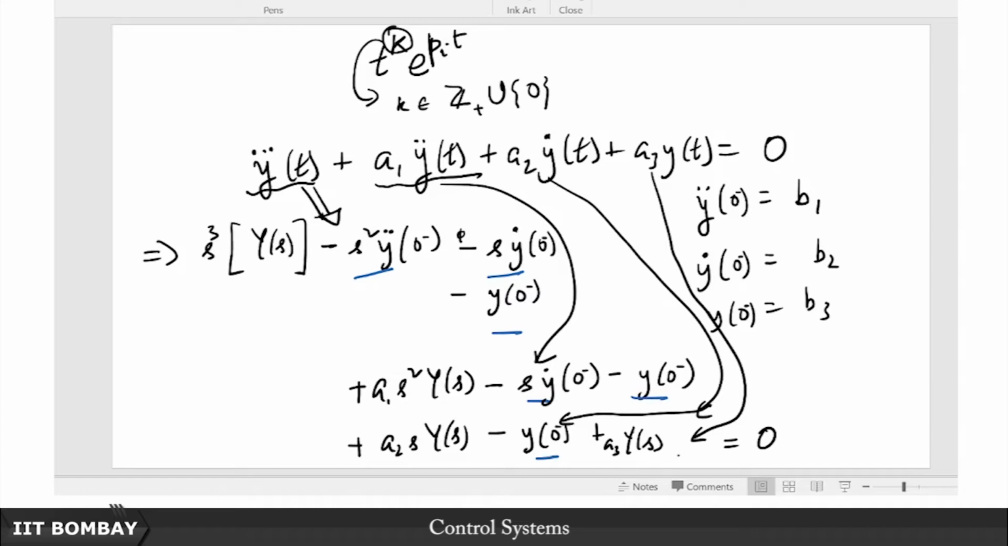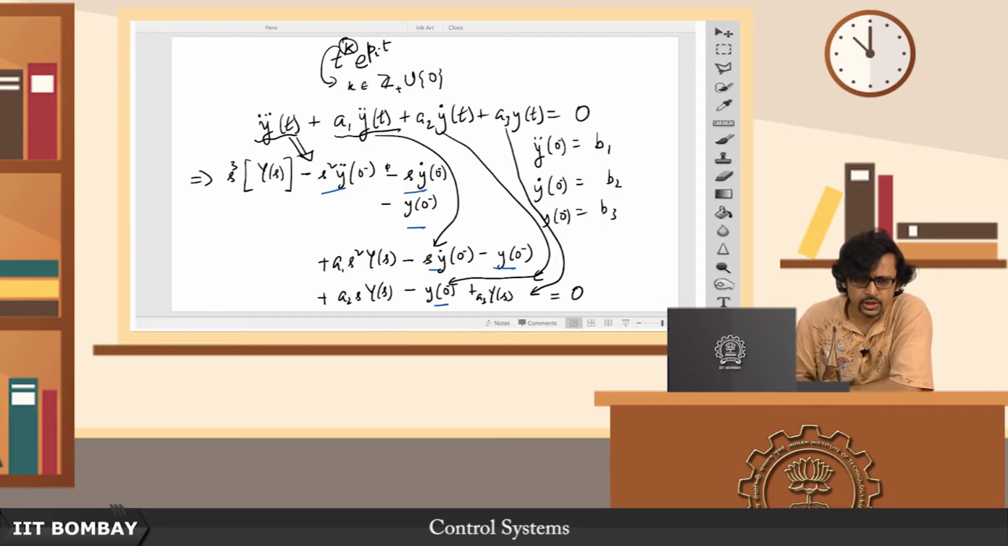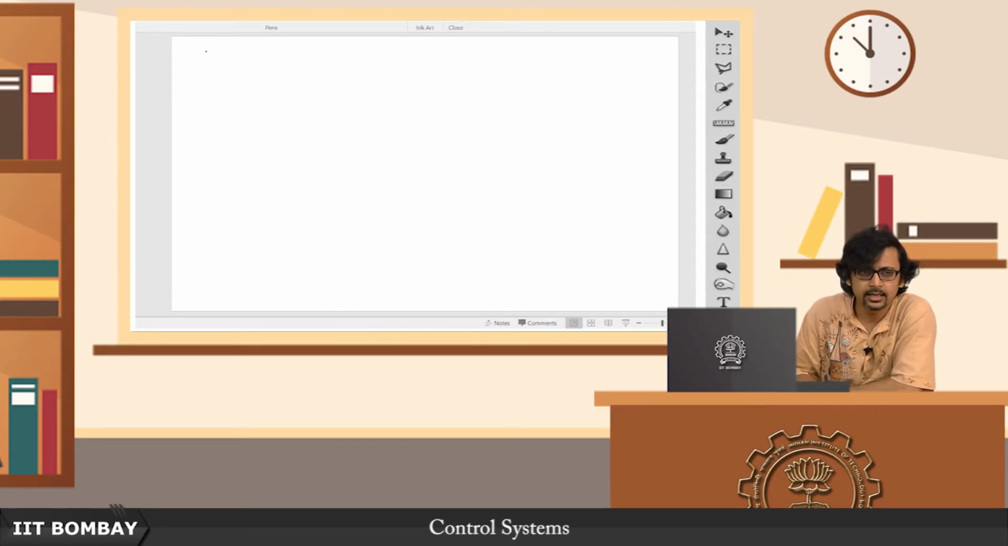So, all of these terms you push to the right hand side, everything basically that bears a negative sign here on this side. You push it to the right hand side, collect together all the coefficients of y of s, which will be like s cubed plus a1 s squared plus a2 s plus a3, which is just a polynomial really. Now, you can immediately see that you will be essentially dealing with something like y of s is equal to